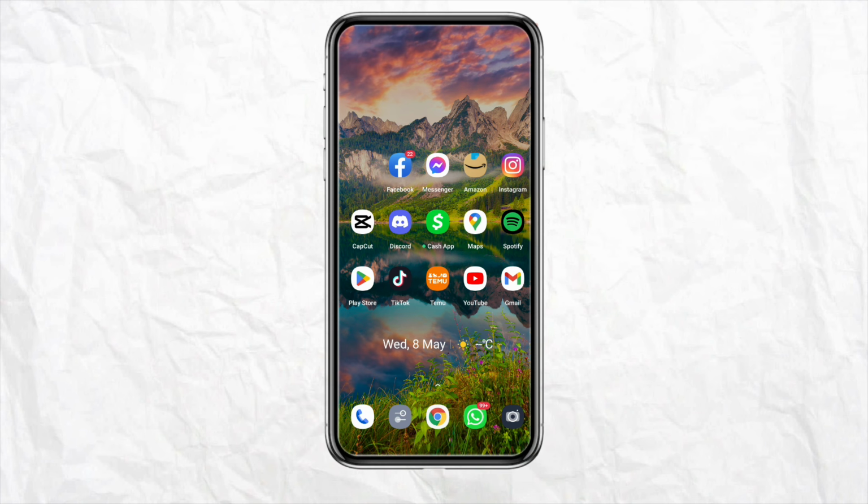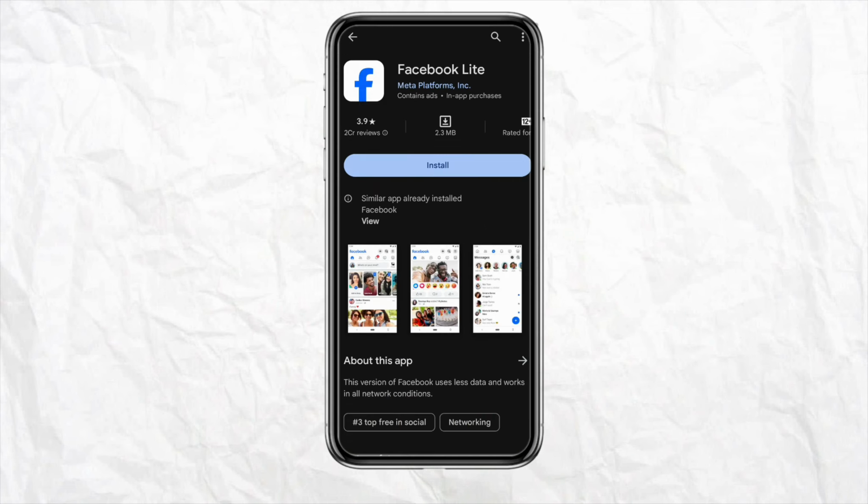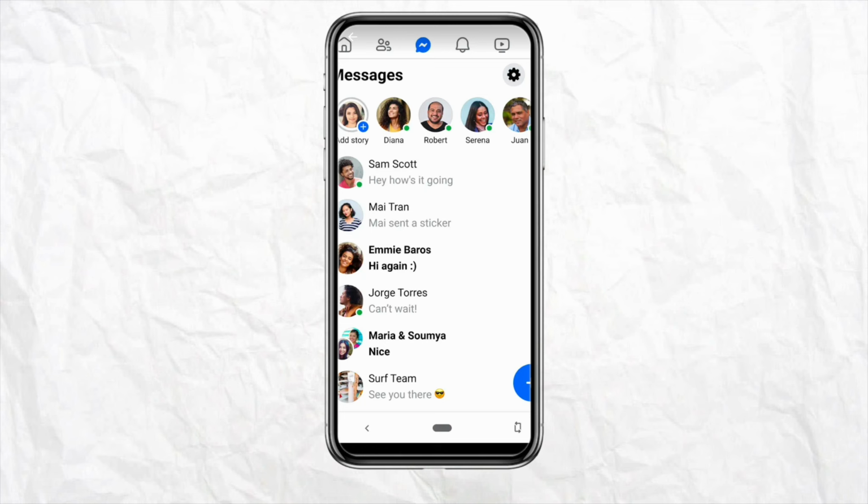So first of all, just open your Play Store or your App Store, and after that on the search bar just simply search for Facebook Lite, and just install the Facebook Lite application in your device. And once you're done downloading the Facebook Lite application in your mobile device, just simply open it,